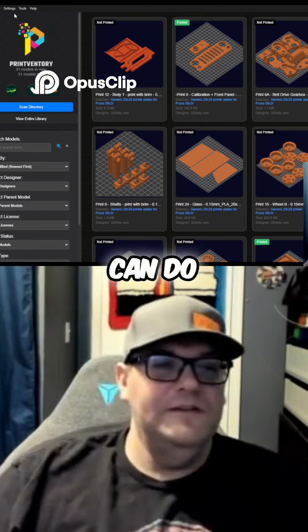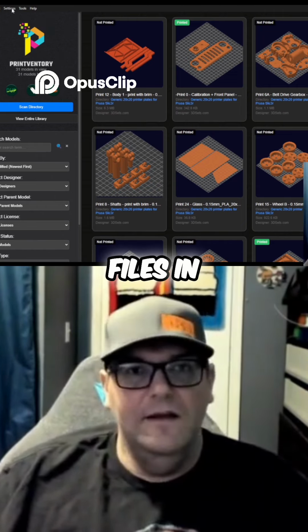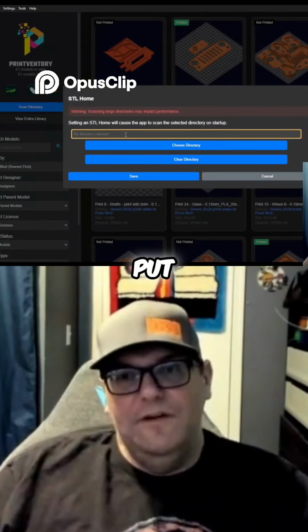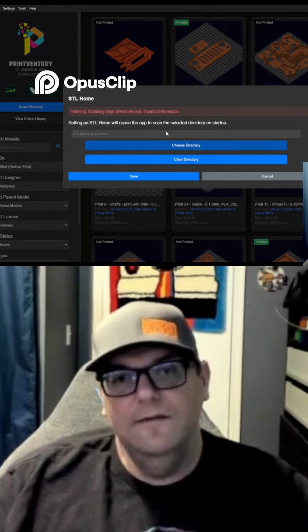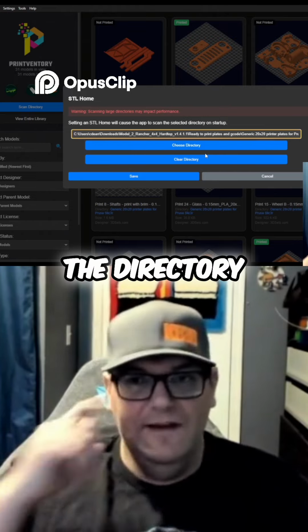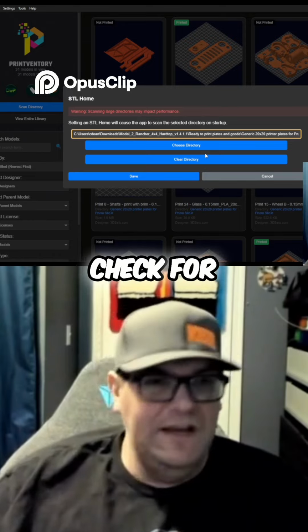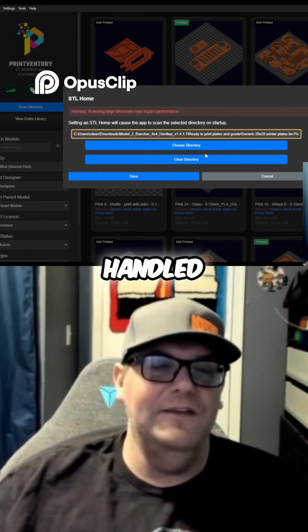One of the other things you can do is if you have a directory that you use to drop your files in, underneath settings, you can set your STL home. If you put a directory in here, so if I select just the directory that I've selected now, each time you open up the application, it's going to go check for changes in there. So once you get your library cleaned up, once you get all your duplicates handled,